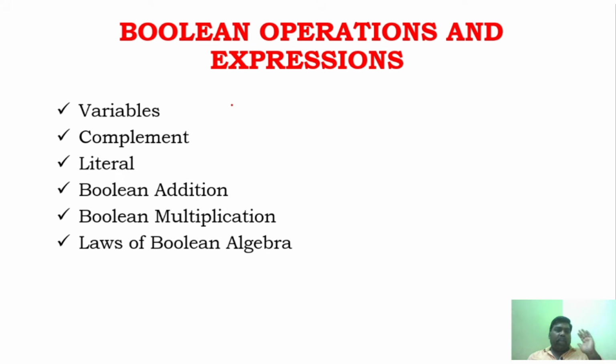For the introduction of Boolean algebra, you got to know what are variables. So a variable is a symbol which represents a logical quantity. It can be 0 or 1. So any number, any value, that is A, B, everything is represented as variables in systems. Any variable will have only two values, either 1 or 0. And what is complement? Complement is